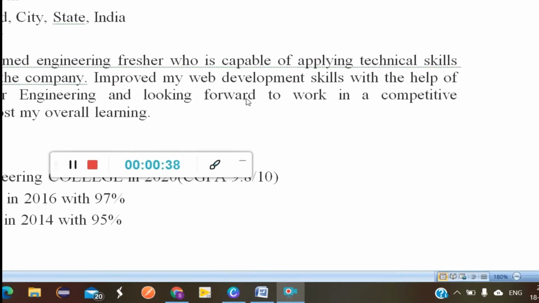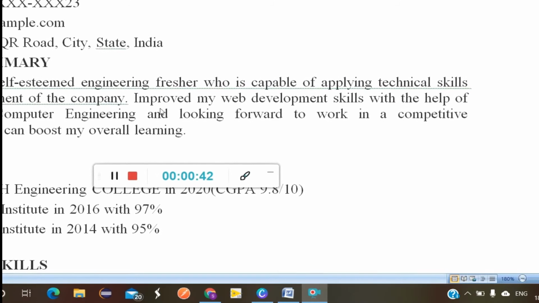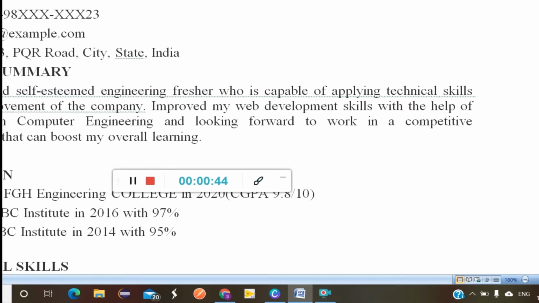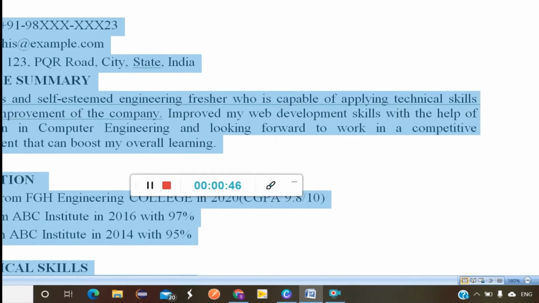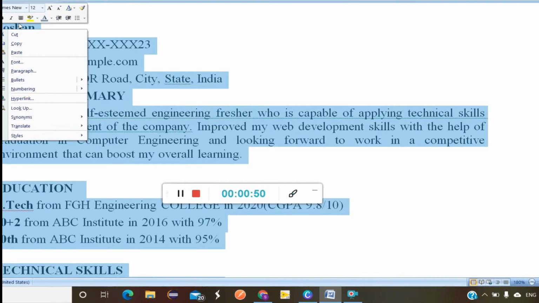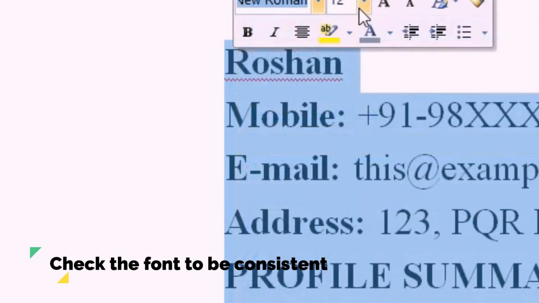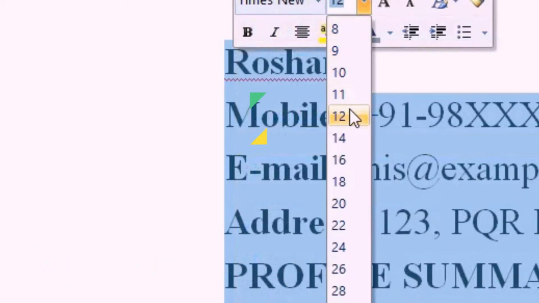To format the content correctly, the font style I am using here is Times New Roman, and the font size is 12 or 14. If I go for 14, I can see that the content exceeds 1 page, which is not correct.